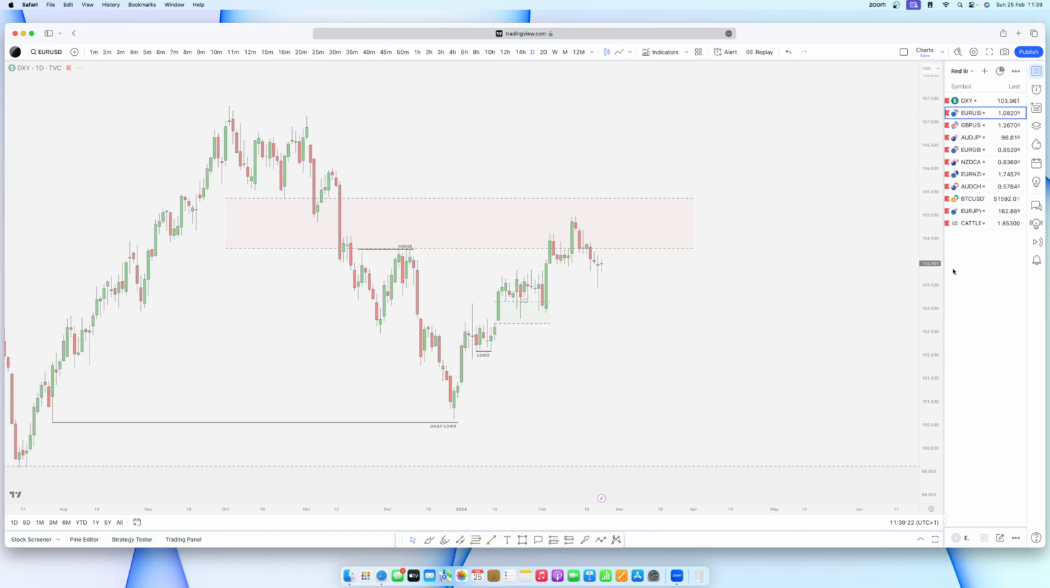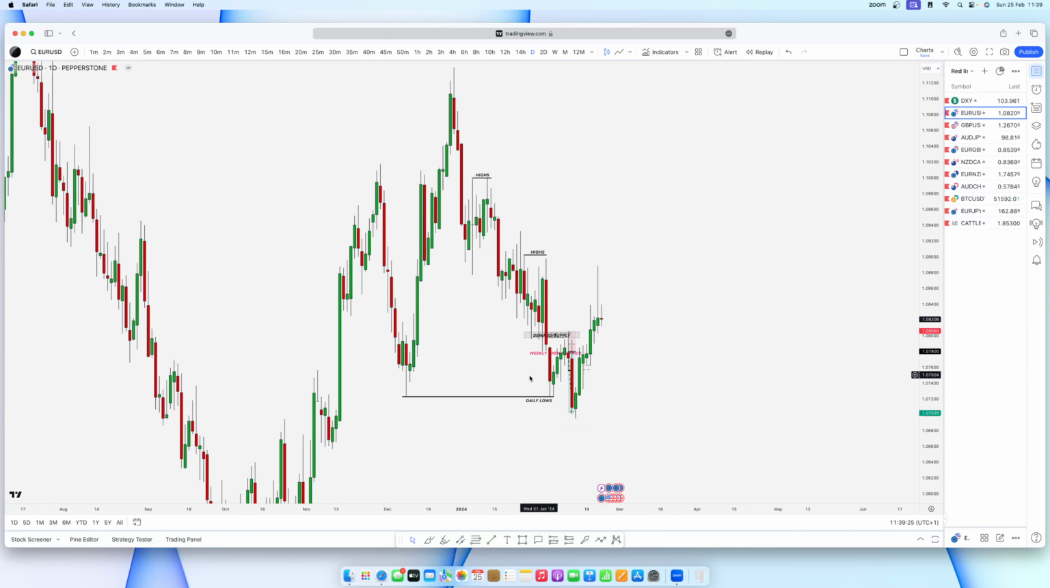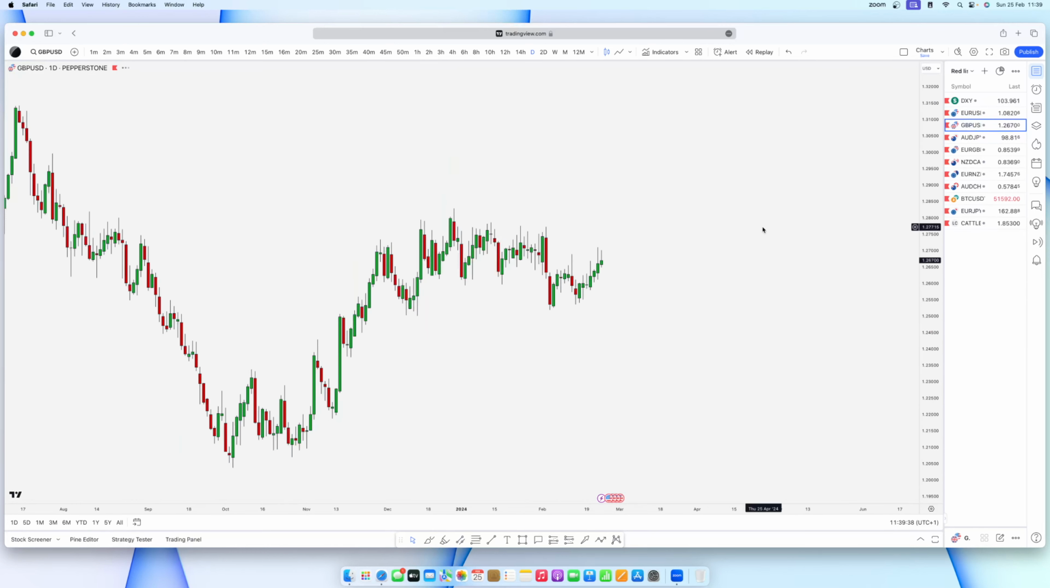And then EU also, as you can see, has broken structure to the upside, and then most likely can continue to go up because now we have this liquidity here that has formed, that might be calling for higher pricing for EU, right? And then yeah, so let's check GBP USD also. So for GBP USD,